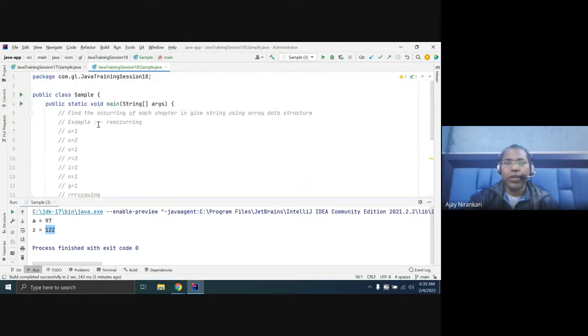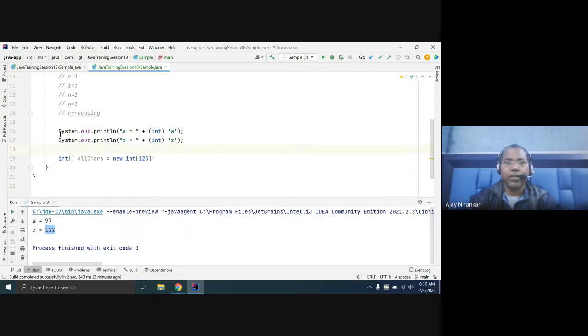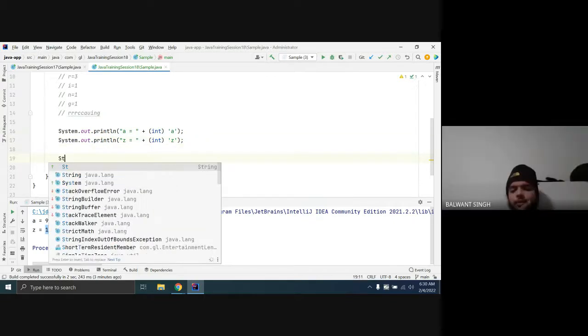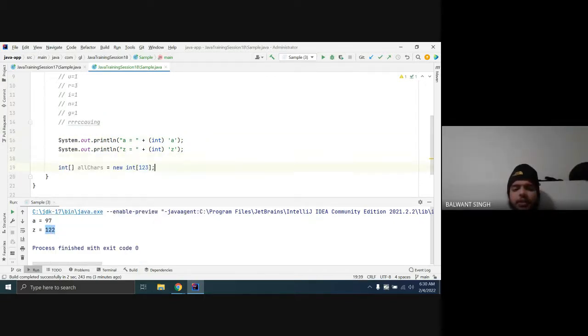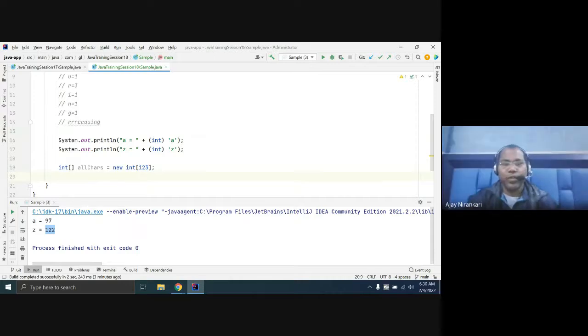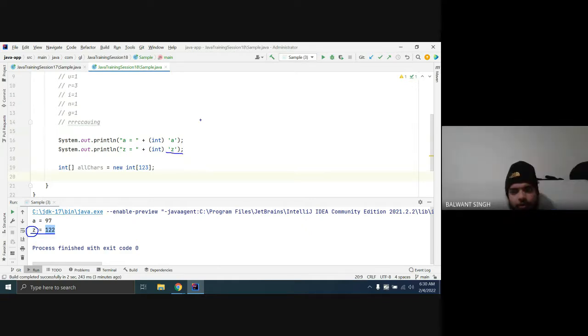Now you have an example. Sir, why did we create 123? Your maximum alphabet is Z in your string. Your input can contain A, B, C, D, up to X, Y, Z. So you know Z's index is, what is the Z index? 122.